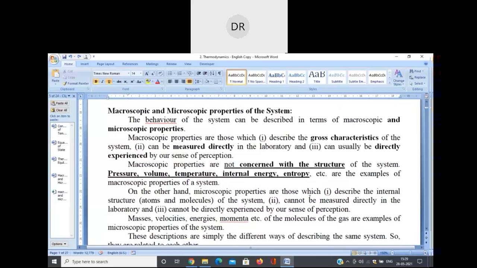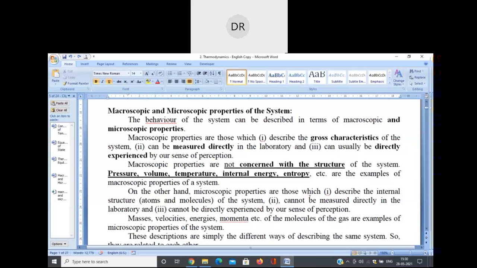Coming to the microscopic properties, those describe the internal structure of a system. For example, in case of gas, the gas consists of some atoms or molecules. For example, carbon dioxide gas has CO2 molecules. In case of water vapor, there are H2O molecules. In case of helium gas, there are helium atoms. Like that, we have